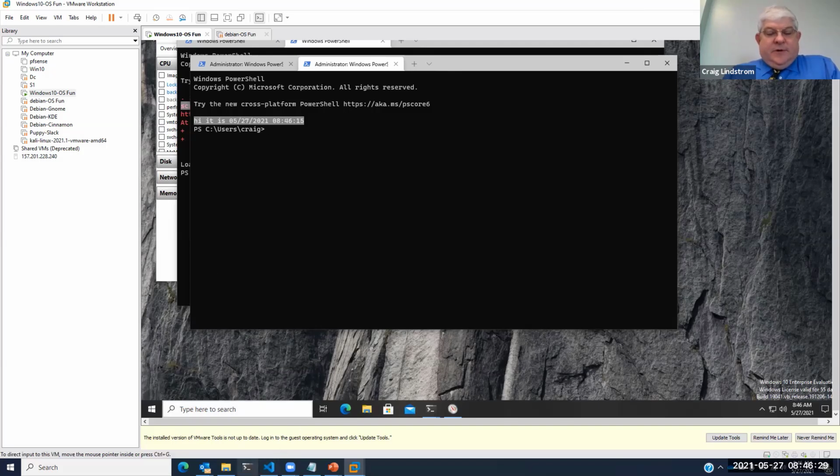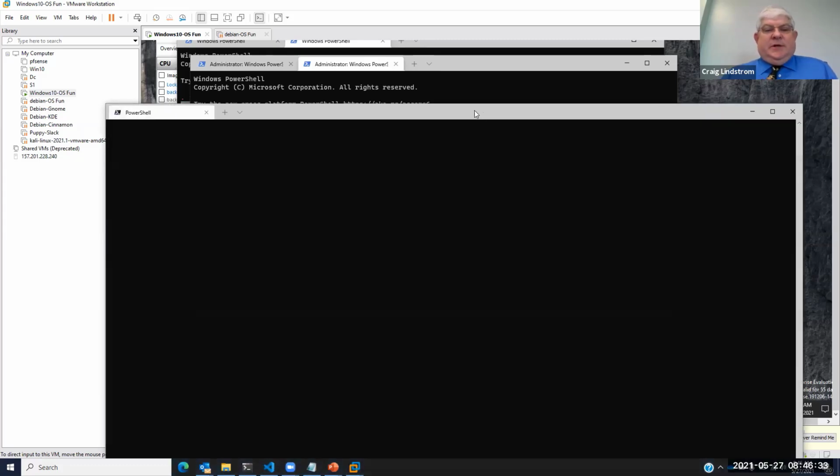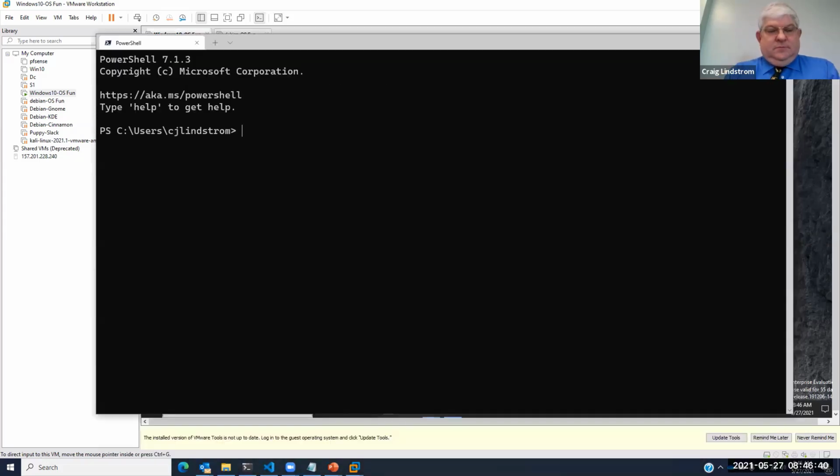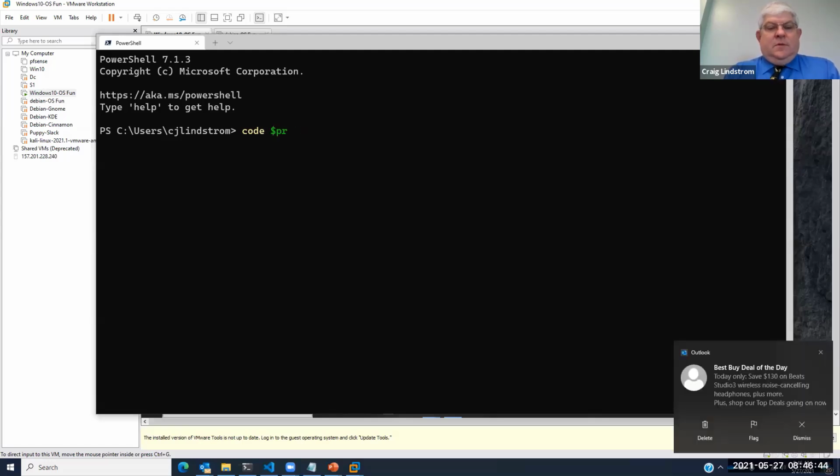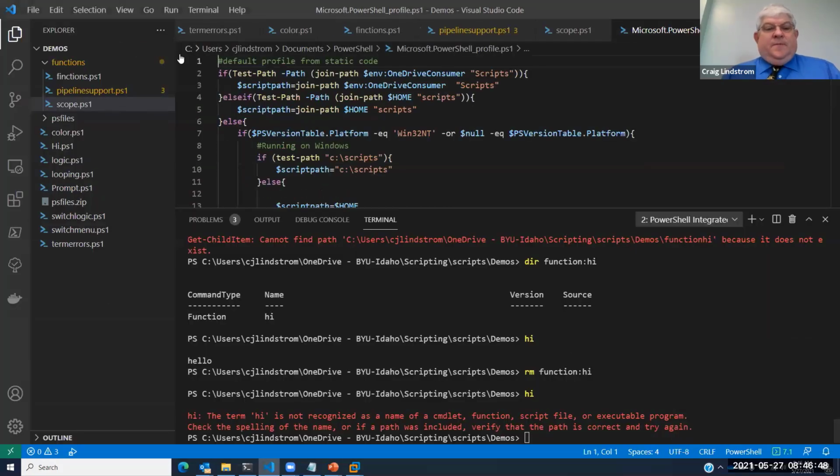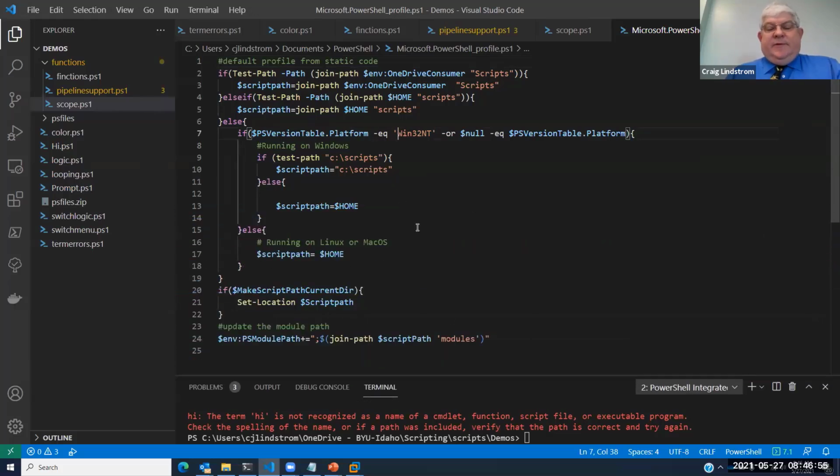If I were to show you my profile on my machine, so this is my profile on my machine. So I actually do a few things in there. I'm not going to go through it in a great amount of detail, but basically what I do is I